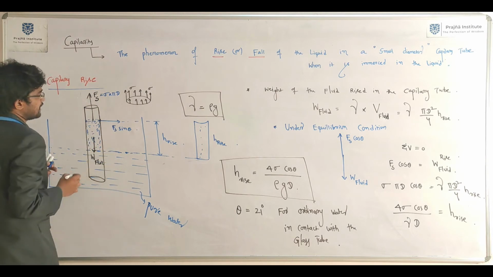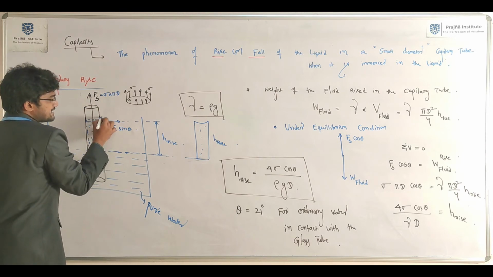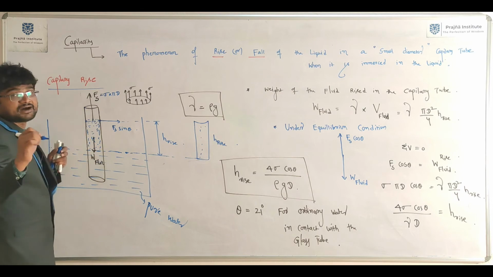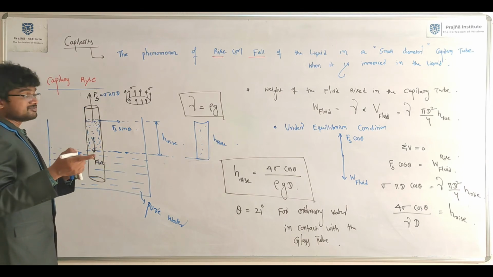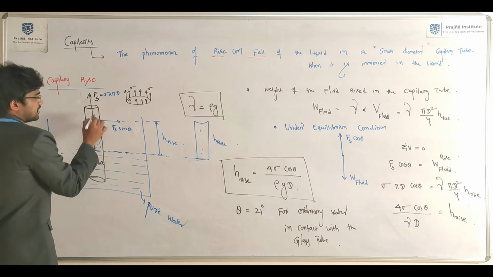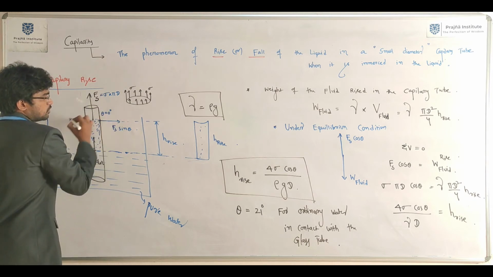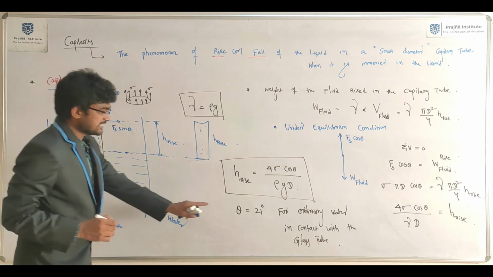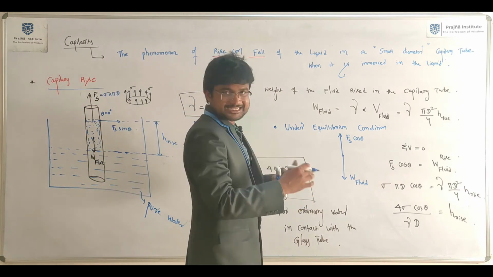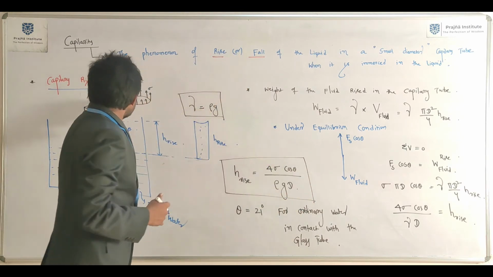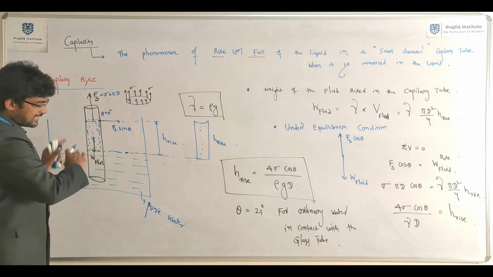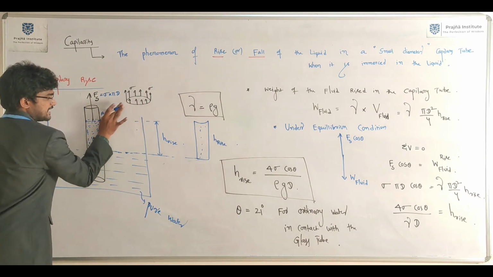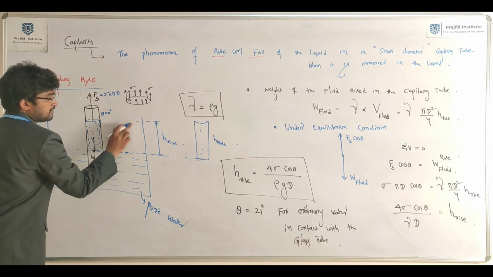Here theta is the angle the resultant force makes with respect to the vertical surface. Here theta equals 0 degrees. So now just follow. Fs equals sigma into pi d. For this particular case there is no Fs sin theta, only one component.